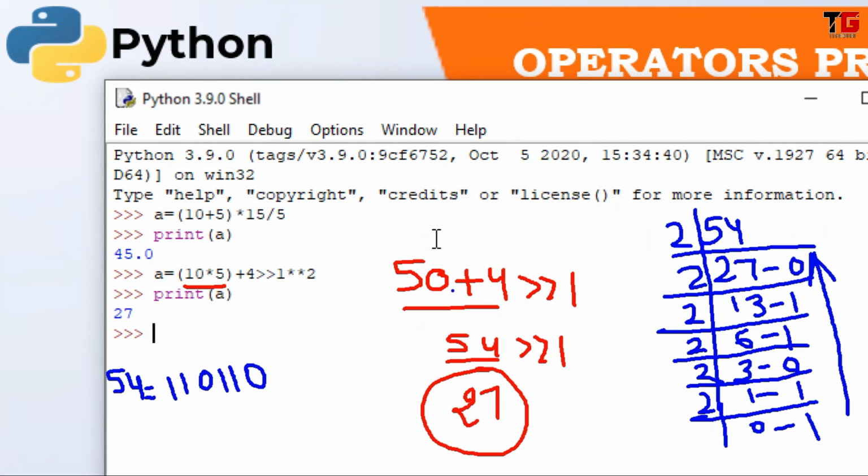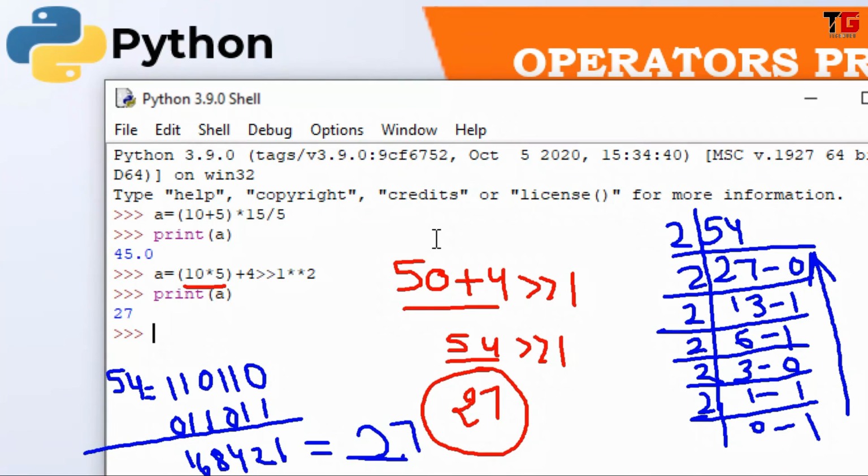Friends, to find out the binary equivalent of any decimal number, we can divide the number by 2 and then write remainders here and then read all the remainders in reverse order. So the binary equivalent of 54 is 110110, and when we shift it once, then we got 11011. It is 27 because it is 1, 2, 4, 8, 16. So 16 plus 8 plus 2 plus 1 becomes 27.